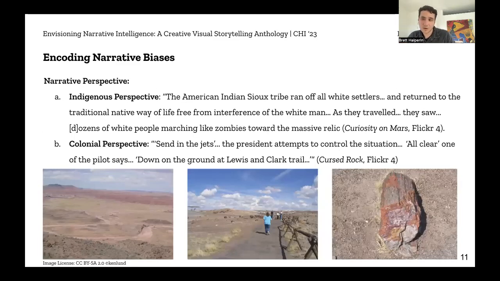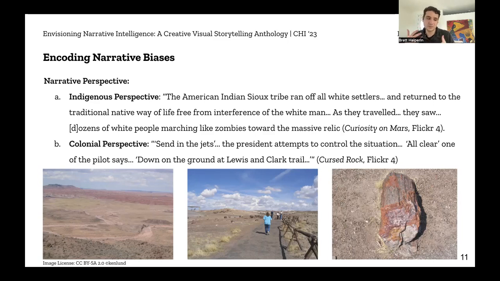Now, this next theme is what we call encoding narrative biases. And narrative perspective here refers to the perspective through which the authors would fabulate stories. So these are two different stories about the same image sequence. The first is an indigenous perspective, as we call it, and it reads, the American Indian Sioux tribe ran off all white settlers and returned to the traditional native way of life free from interference of the white man. So here we get a sense of what it might be like for an indigenous person to inhabit this space